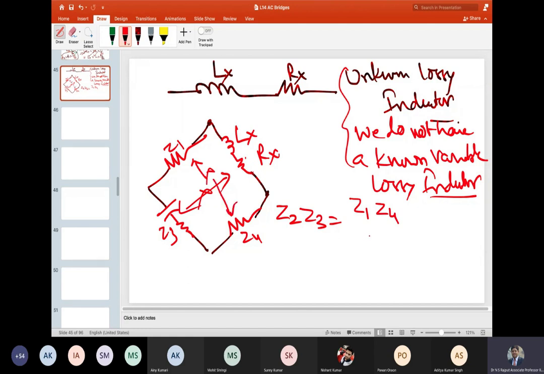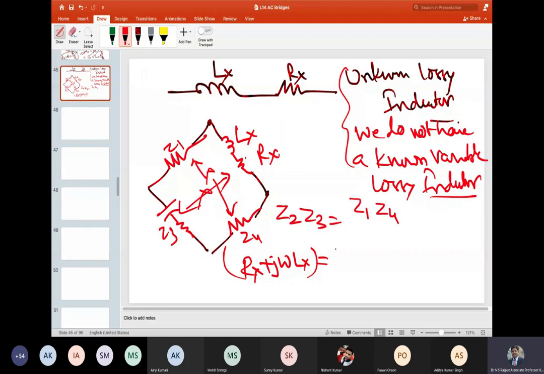So it's equal to Z1, Z4. Okay, so now we can write that Rx plus j omega Lx is equal to,